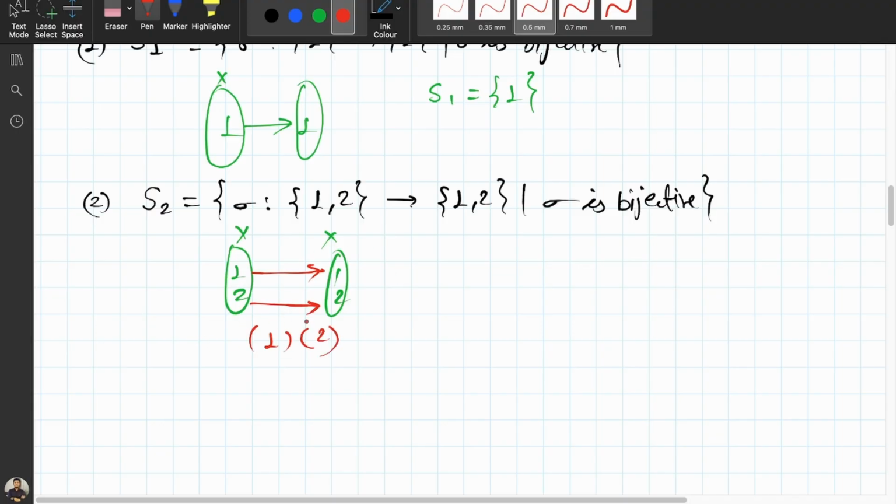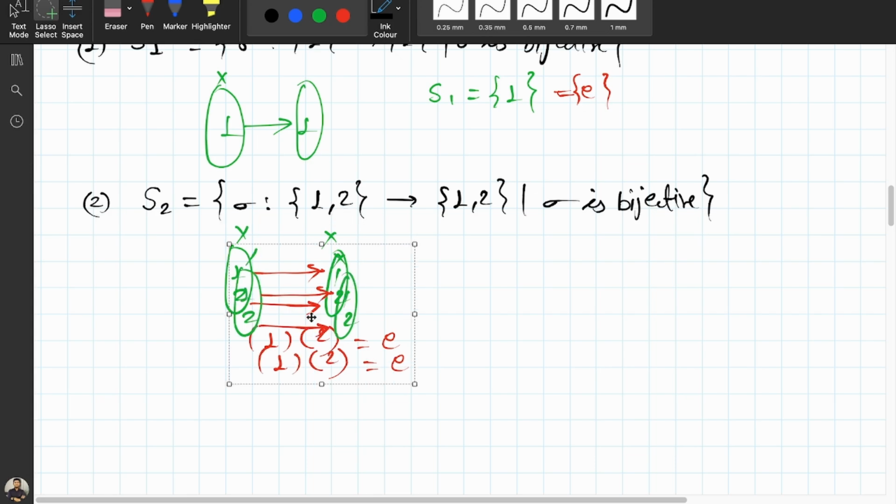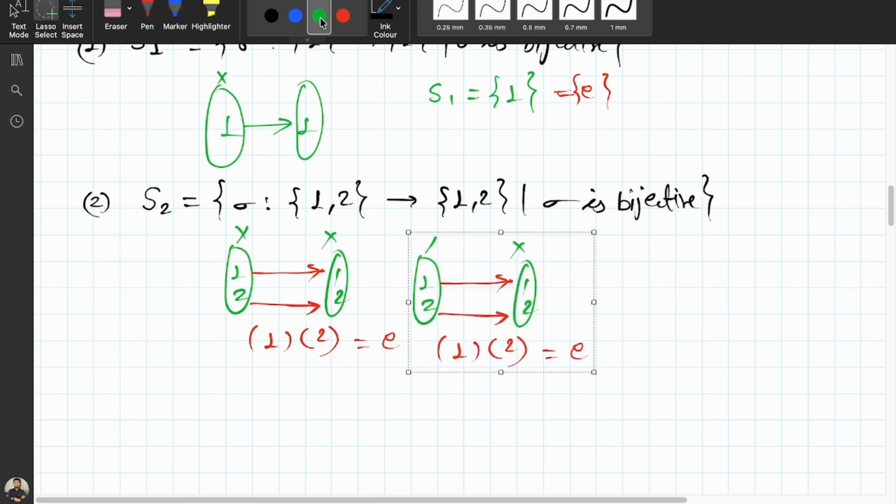Okay, this is the element. It is something called identity. This is also identity. This is the element which is called identity. Now next, what can I do? From here I can directly write, if you have any element like this,